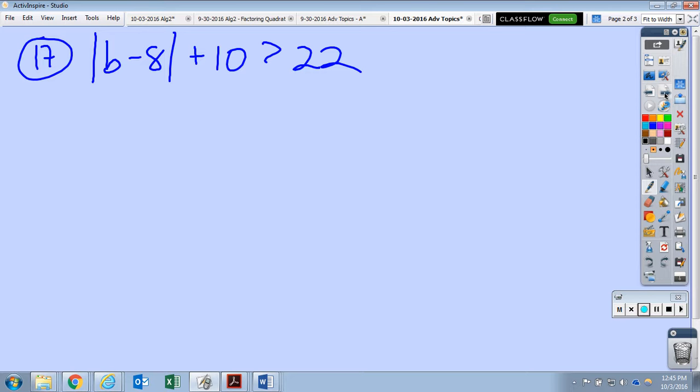At the very end, the graphing? At the very end when you graph? Yeah. Okay, so yeah, let's go all the way to graphing. So let's do a couple of these as a class. All right, so